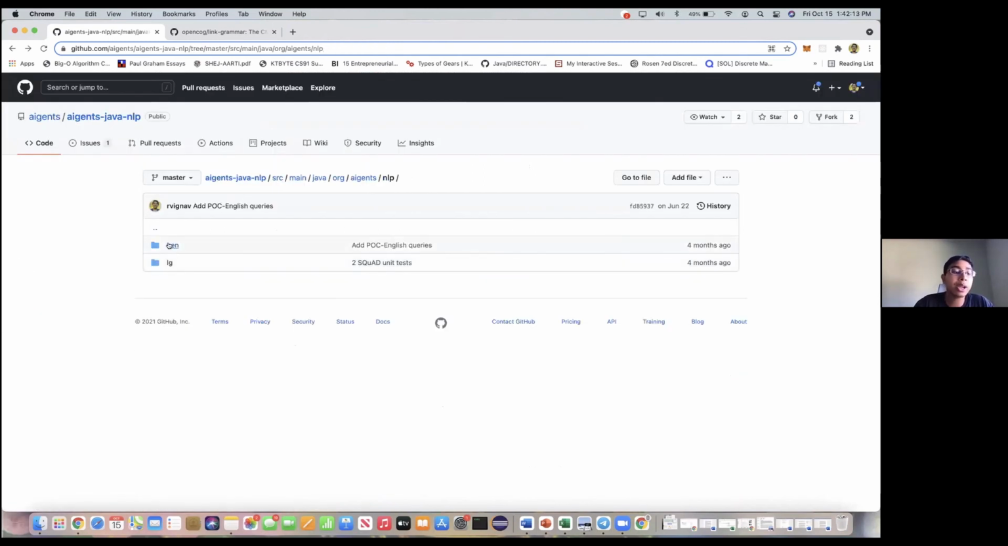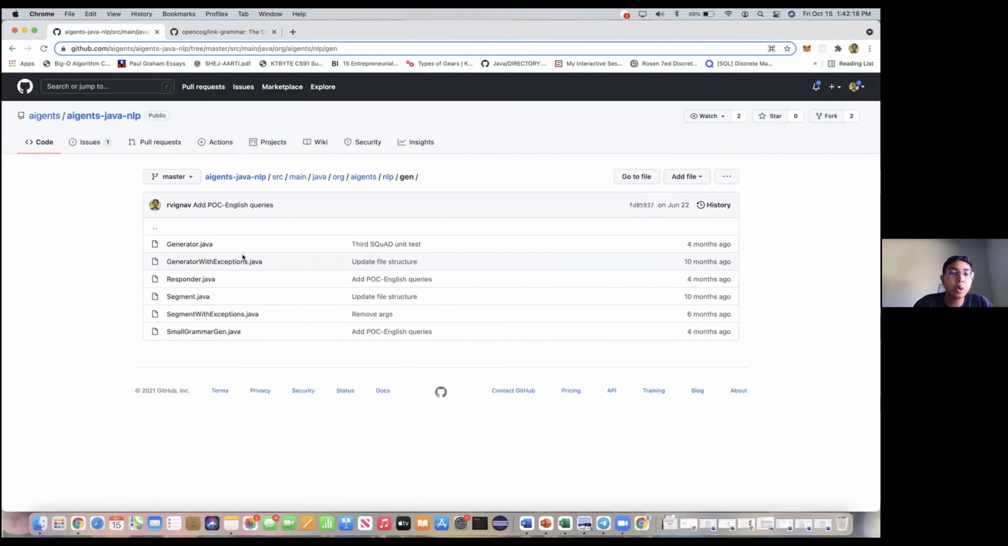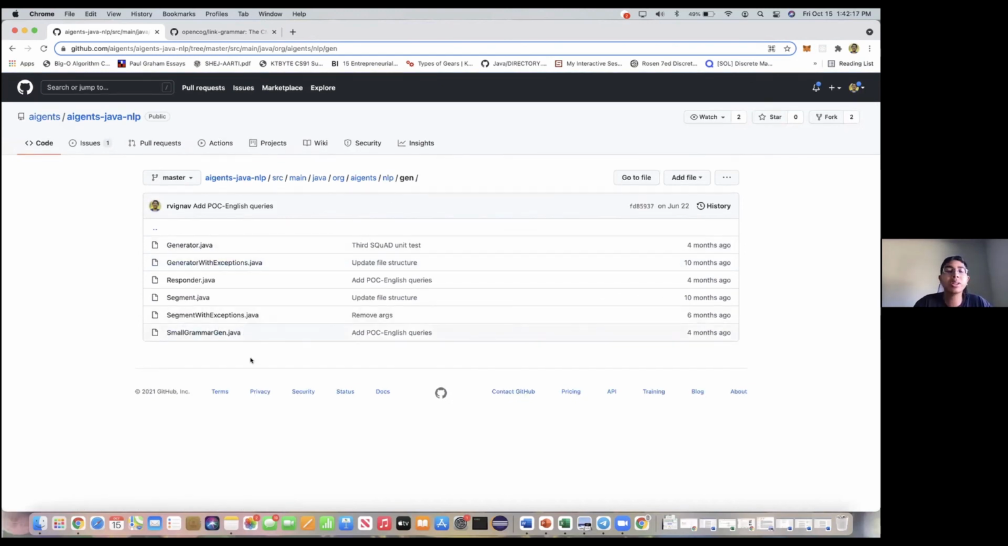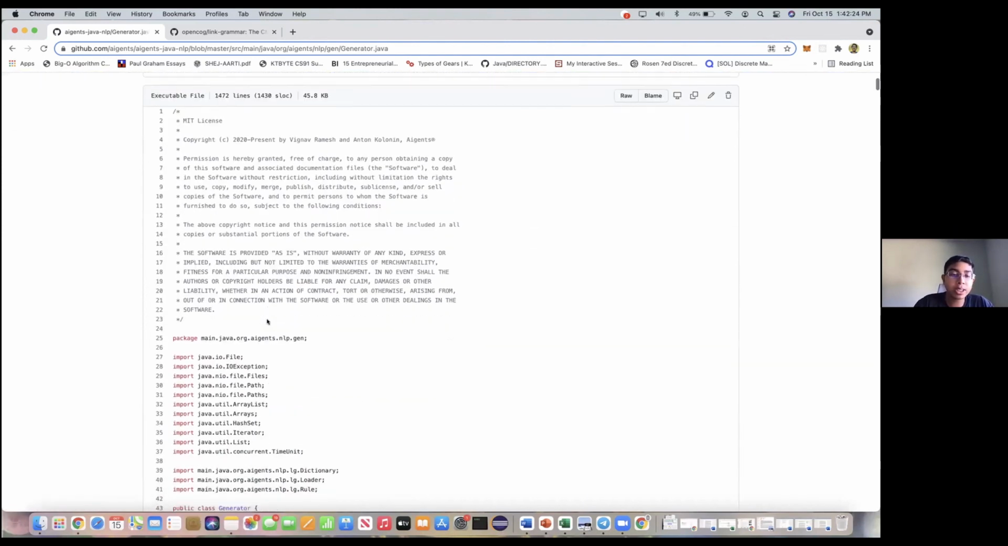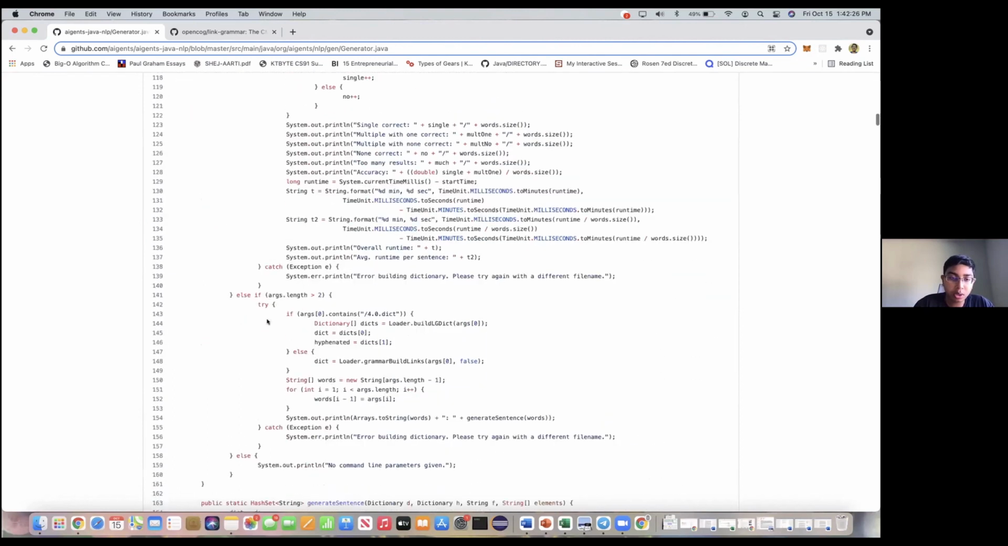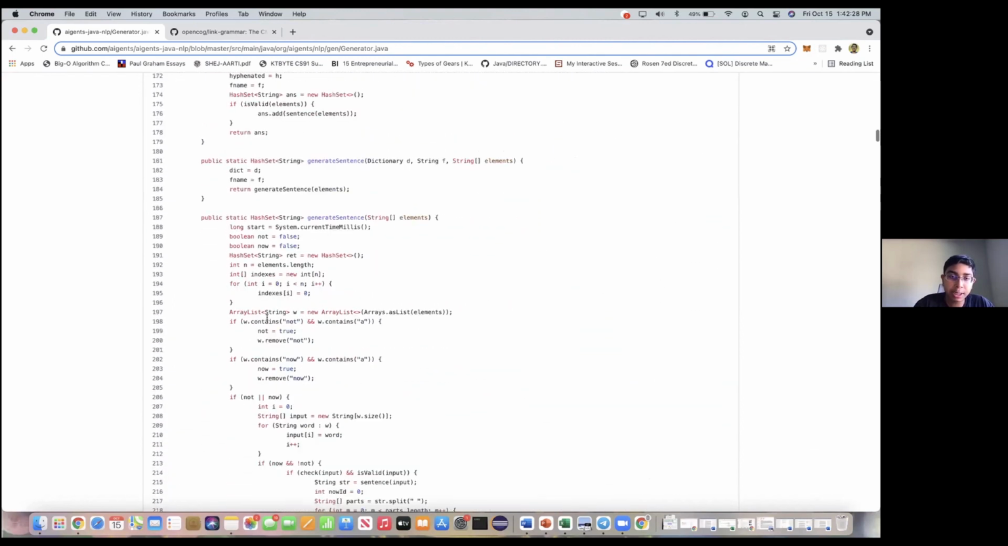Okay, so now going to the generation part, we see that there are several different files. The ones we're going to focus on are generator and segment. So first, the generator, there are a few main functions that are really important. So let's go to first the